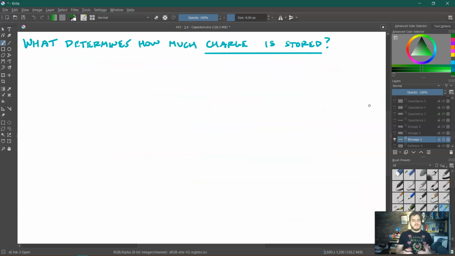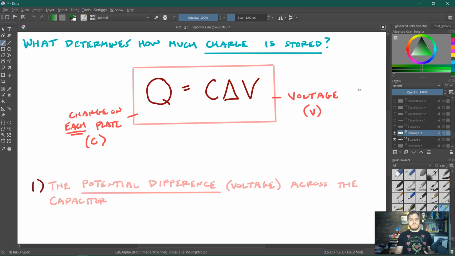Well, what determines how much charge is stored in a capacitor? There's really two important factors here that can all be combined in this really nice simple equation, which is that the charge on, and this is important, each plate of the capacitor in coulombs. So this Q here, if it's the positive Q, that is one plate, negative Q on the other plate. So make sure we know that that's a charge on a single plate, is equal to C times delta V,